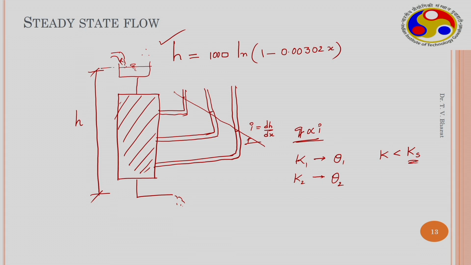To obtain the saturated hydraulic conductivity, generally a very high head is required to be maintained, so that all the air pockets will be taken out from the soil system and the soil will be completely saturated. So this is how we can obtain the saturated hydraulic conductivity. The unsaturated hydraulic conductivity estimation is also done in a similar way, by maintaining a particular water content or particular suction head within the soil sample. A constant flux is obtained and measured, and based on that the hydraulic conductivities are estimated. So these hydraulic conductivities are unsaturated hydraulic conductivities.